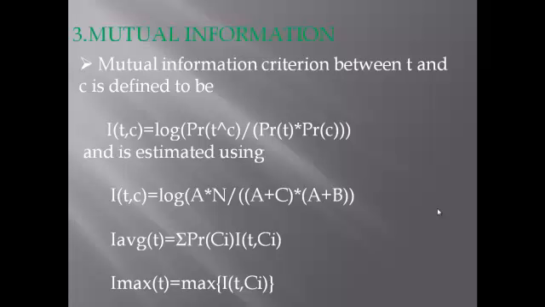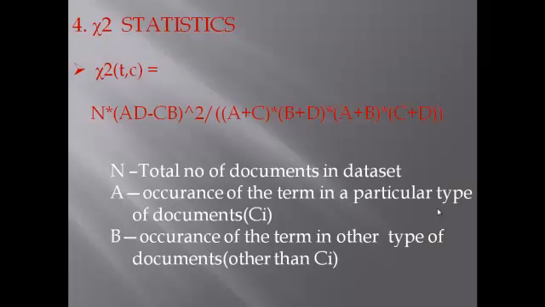In this way we calculate for each term and for each type of documents, then take the average of those with respect to the types of documents, and select the maximum of those for a particular term. We select a user specified threshold value as mentioned above. If the user specified value is greater than the goodness of term value, then it is considered an uninteresting pattern. If less, it is an interesting pattern.